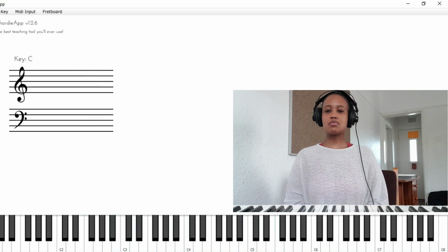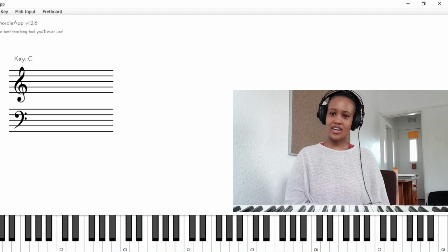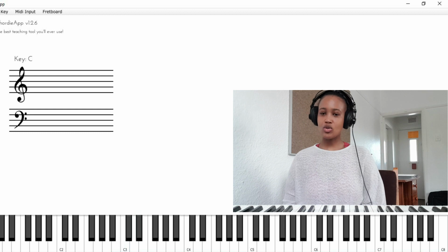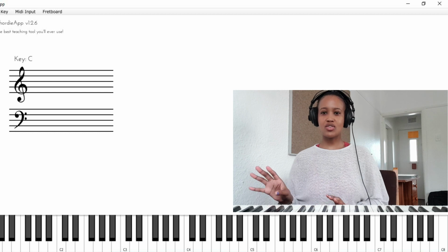Resolving a line doesn't always mean that you need to resolve on the one. You could always resolve in the middle of a line and then continue the line. You know, if I do,